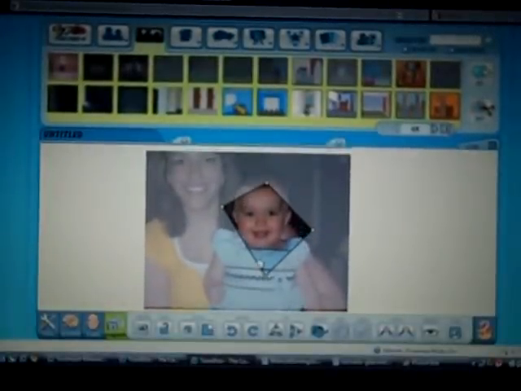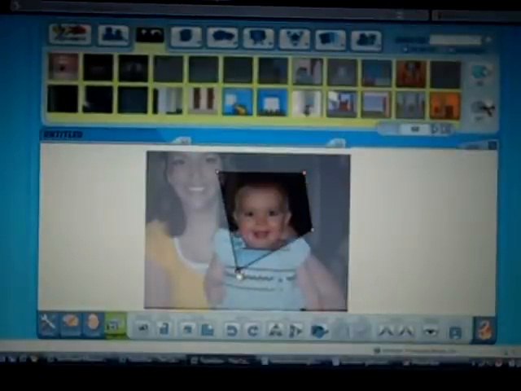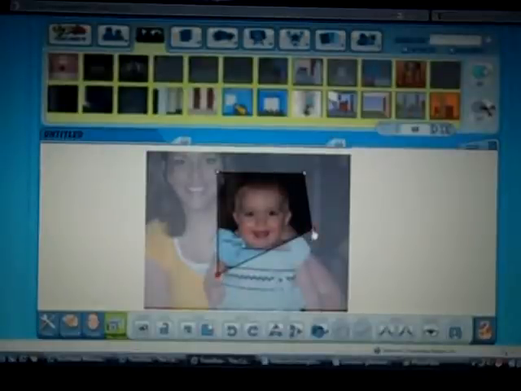So the zoom in and out buttons are right here. Zoom in a little bit more. Alright, now click on the picture. You can drag it towards the middle. Okay, now I've got her face where I can crop it. So I'll click these corners and pull them until I've got a picture of my daughter's face highlighted. Okay, I've got it highlighted,